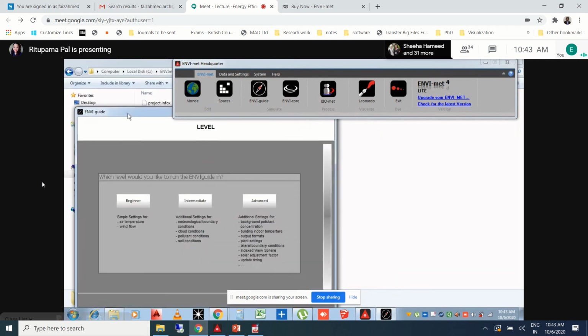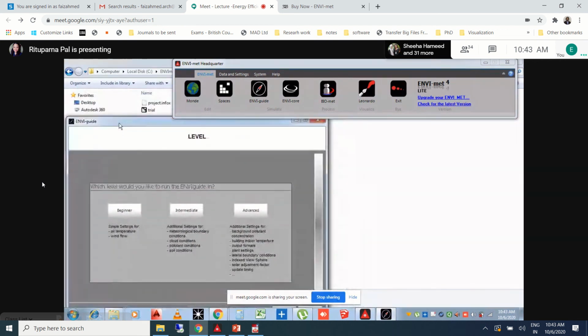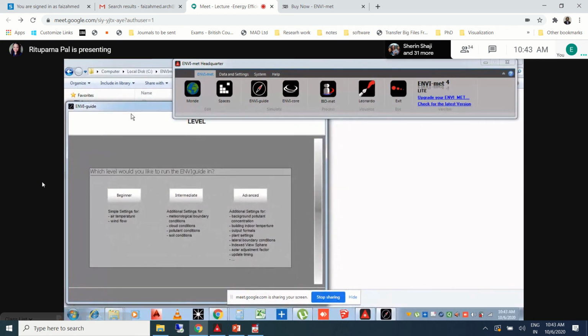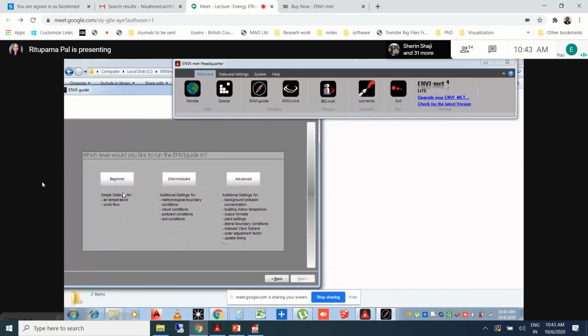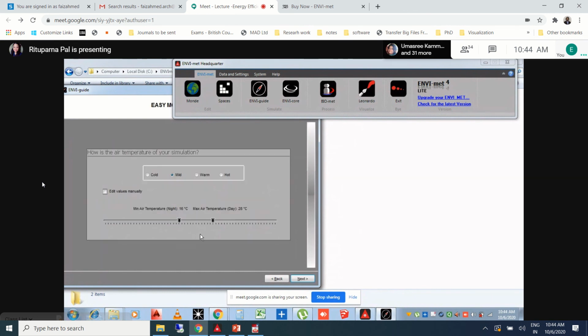So now everyone click next and you'll see that this is set as level, where you find 3 levels of simulation: beginner, intermediate and advanced, right? Everyone is getting this? Yes. Right. So for now we'll select beginner, and on clicking beginner you find this toolbox which asks how is the air temperature of your site. Again it says edit manually or set some default values.